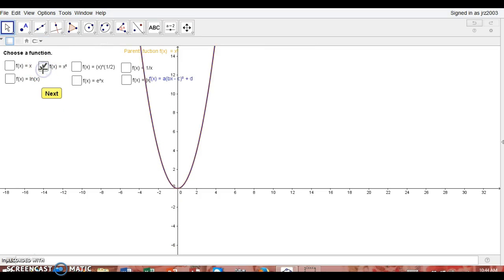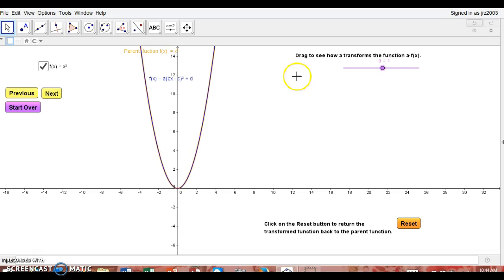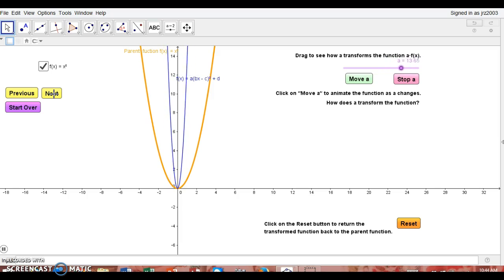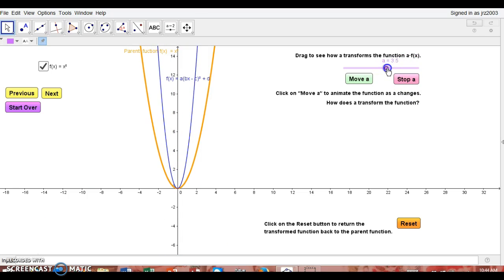You can go into the quadratic function. So again, we drag A, see what happens. We can move A. How does A transform the function? Well, we can stop it. Well, it looks like the parabola becomes skinnier as A gets larger,